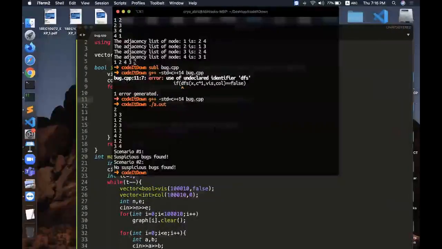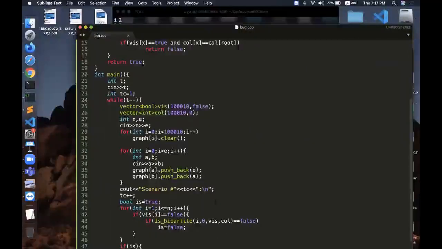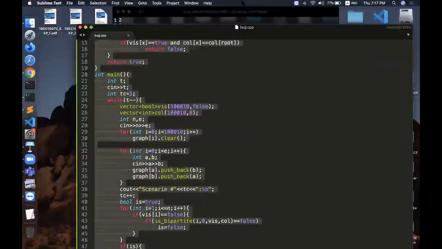So scenario 1, suspicious bugs found. Then scenario 2, no suspicious bugs found. So it is printing correctly. Let us try submitting it.